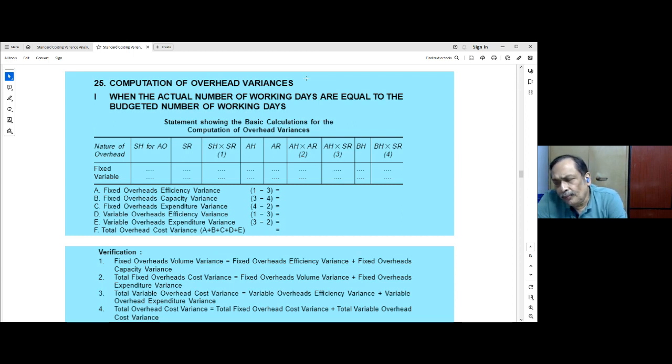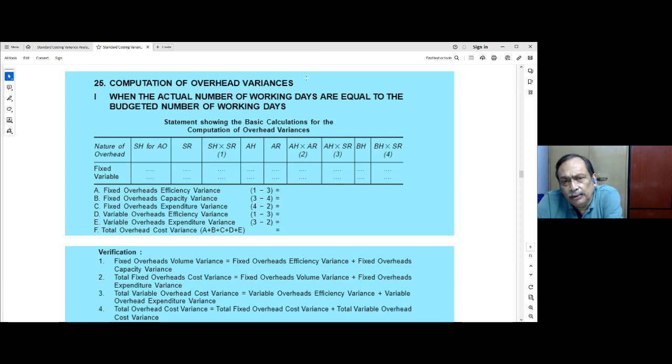As you know, we have applied the table in case of material variances, in case of labor variances, and in case of overhead variances also. We are going to prepare the table. Please try to understand the table. There will be 10 columns, and remember, when the actual number of working days are equal to the budgeted number of working days,